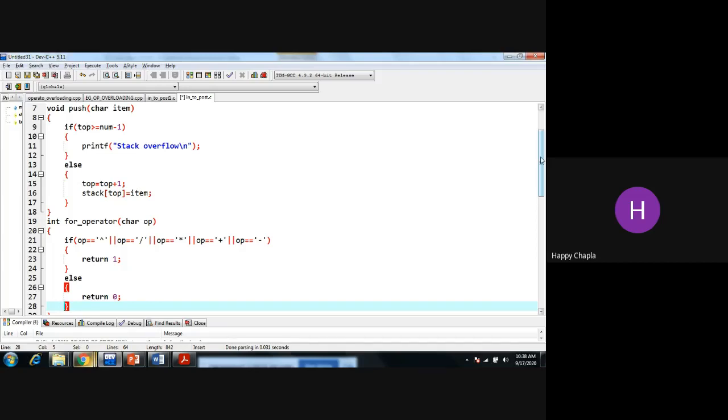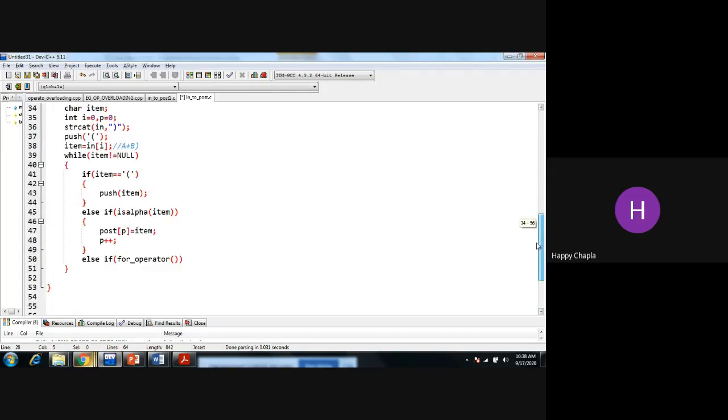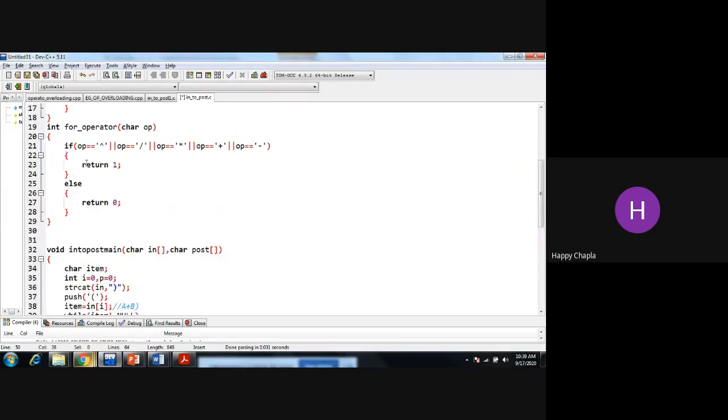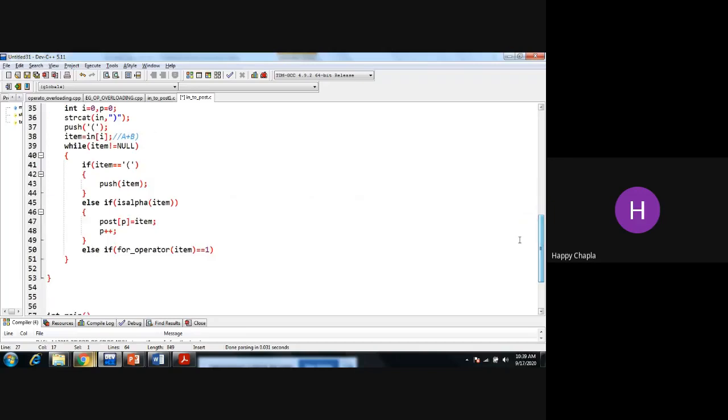Okay, so now coming over here, for the operator, if the incoming character is an operator and it returns 1, then and only then I can say that it is an operator; otherwise it is not an operator. So what we are checking over here is whatever value I am calling with this item.